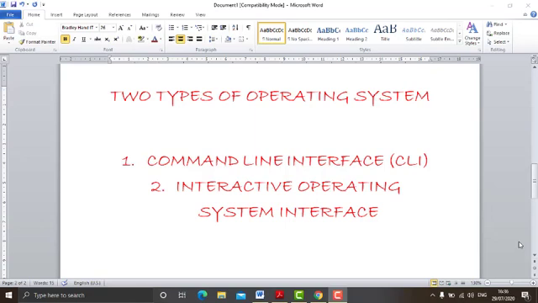Commands are instructions, the terms which you have to type. The only thing you need to have is a keyboard. Through the keyboard you have to type the command, press enter key if that command is written properly following its proper syntax, then that particular work will be done, otherwise an error message will appear.